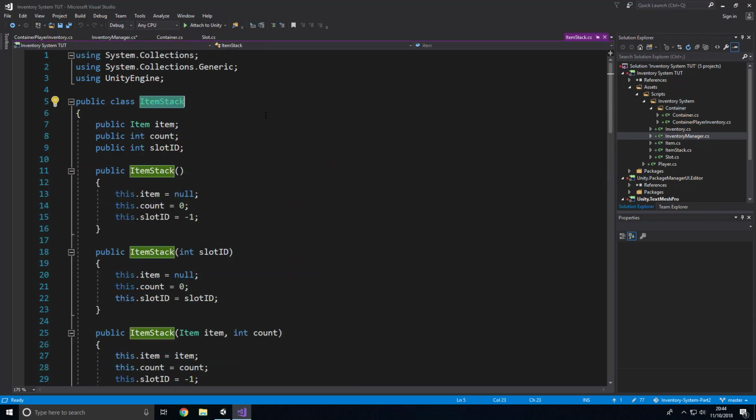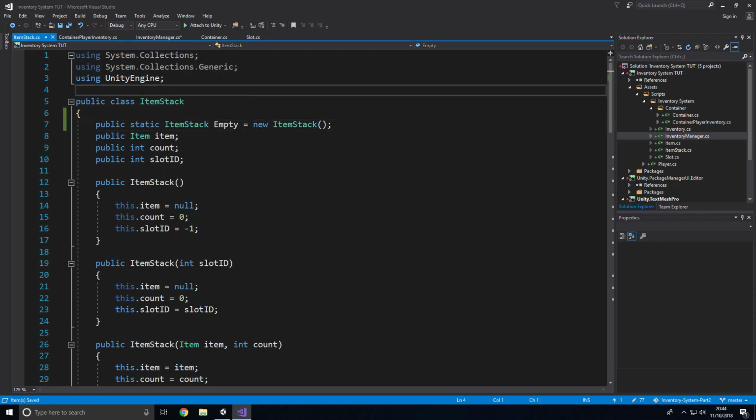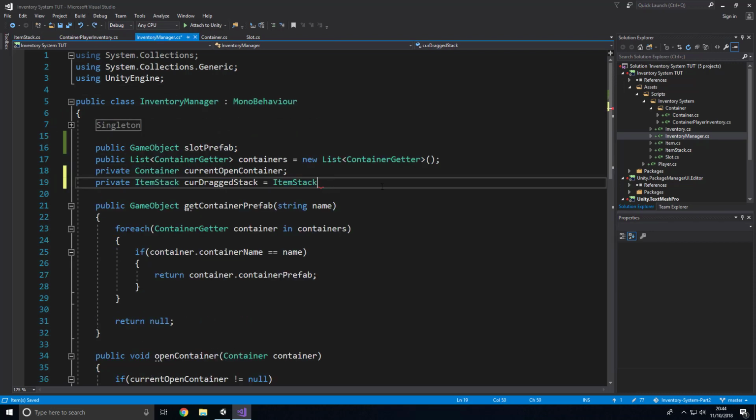No, I haven't. Okay, so if we go into the item stack at the top, we can say public static item stack empty is equal to new item stack. Whenever we call this empty, it'll just create a basic item stack with nothing in it, which we can call here like so. Item stack.empty. Now what we want is